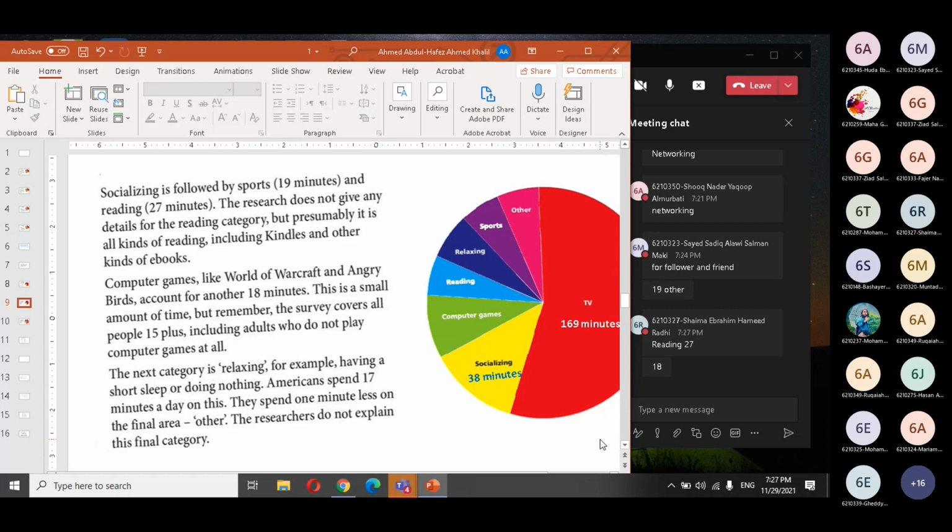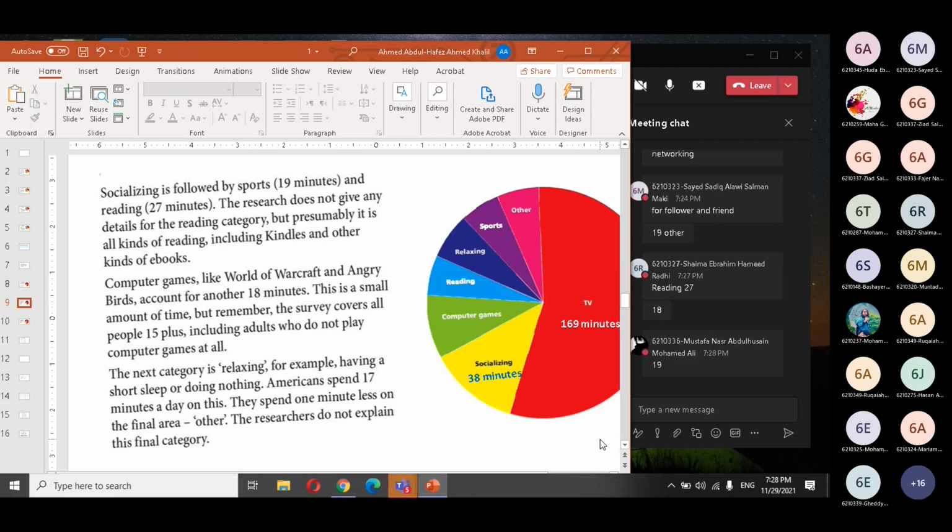Do you think that 18 minutes is enough time to play computer games? It's impossible. Okay, it's impossible. Why? What is the reason given in the text? Because once they start the game, they will end after 1 hour or 2 hours, because of their passion. So why is it given here 18 minutes only? It's a small average moment of time.